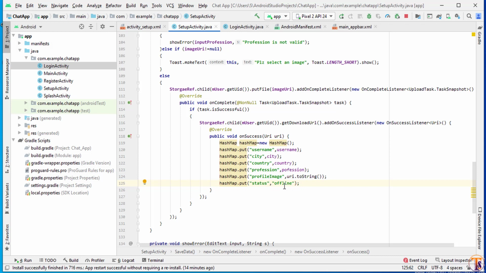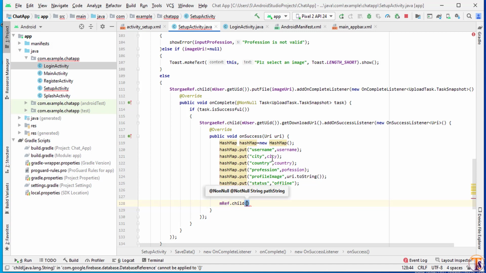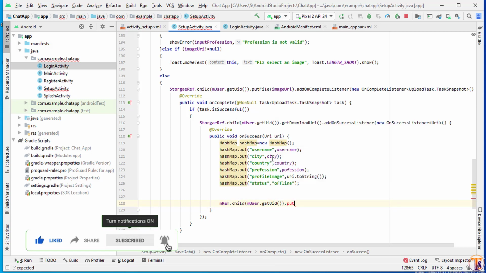Okay, now we will store this data into our database reference. So mRef dot child. So under this child we will get mUser dot getUid dot set value, or you can call update children.